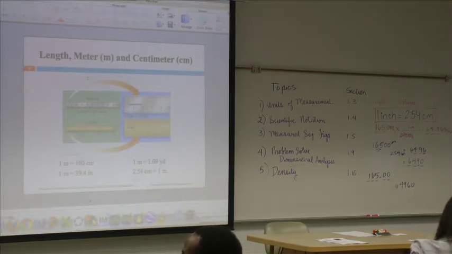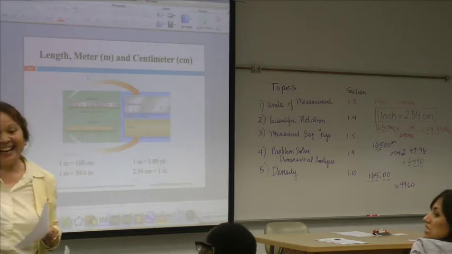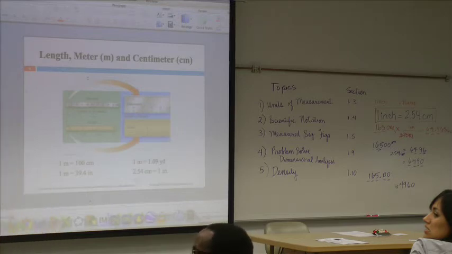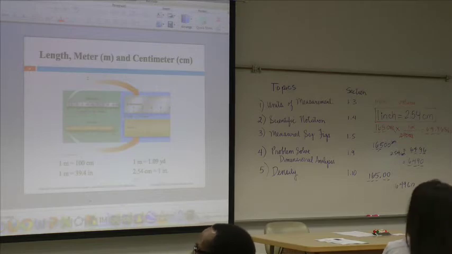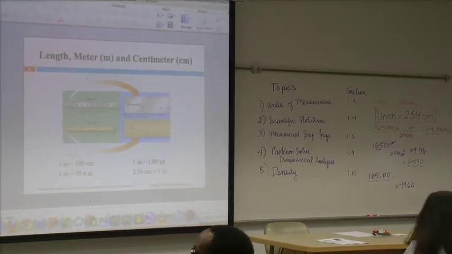Do we all agree? Yes, it looks like there's more than one answer. I got it. Now you know, right? Because sometimes the way it's set up, you could have A, B, and that's what you're going to bubble.